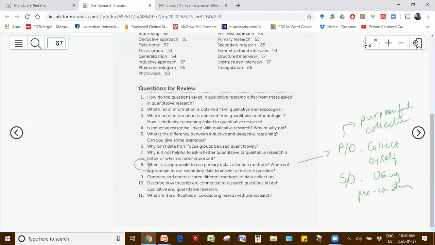Oftentimes, the data is de-identified, so let me give you an example. One of the studies that I conducted 4 years ago was to look at walkable neighborhoods in the city of Greater Sudbury. Our hypothesis at that time was that the more walkable neighborhoods you have, if you're an older adult, the less likely you are to have ambulances come visit you because you're probably more active because your neighborhoods are walkable and you enjoy a better quality of life and greater mobility.